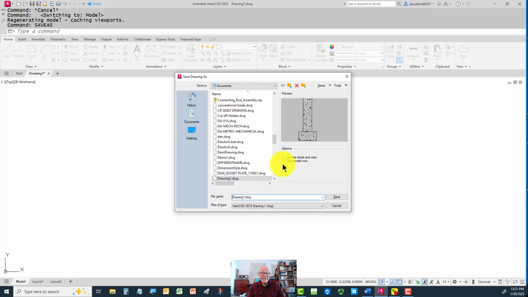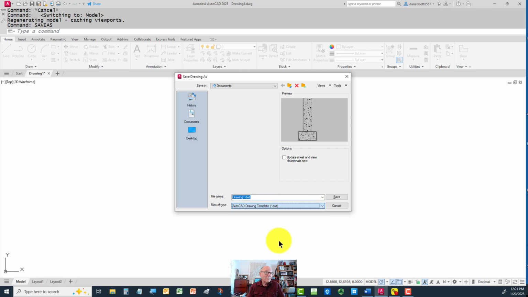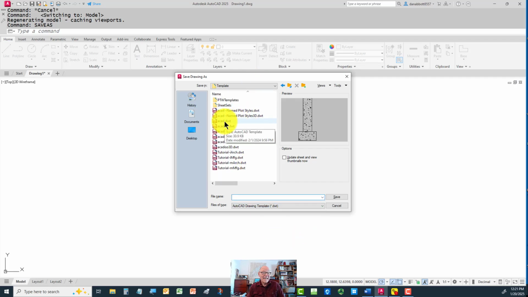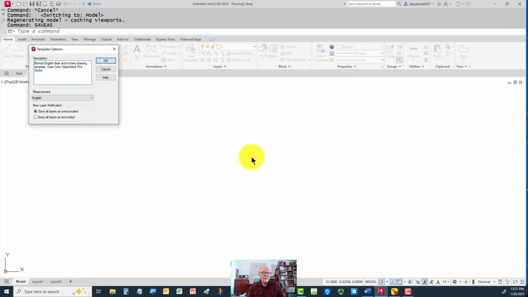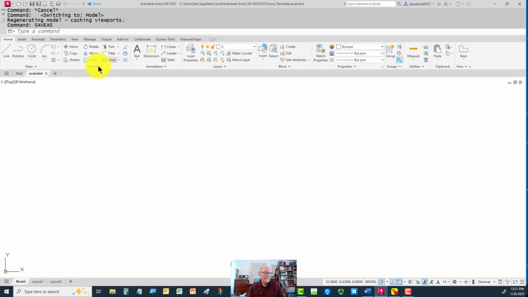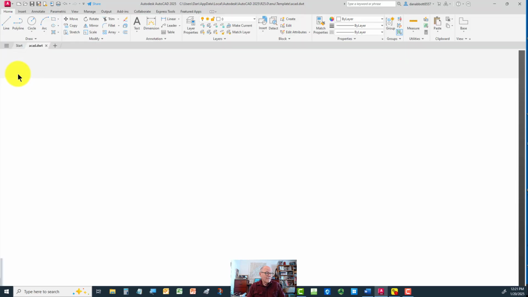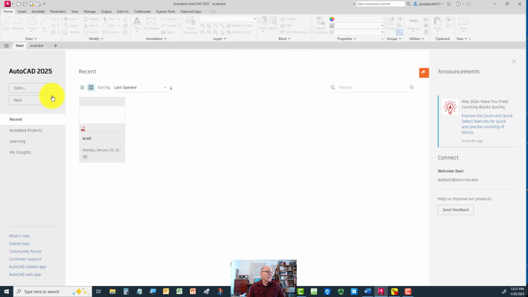And I'm not going to save this as a drawing file. I'm going to come down here and save it as a template file. And I'm going to replace the AutoCAD DWT file with what I have now. So when I start a new one, it looks like that. And as long as I'm doing that, let's go ahead and go to the Start button. And let's start a new file with the AutoCAD ISO template,